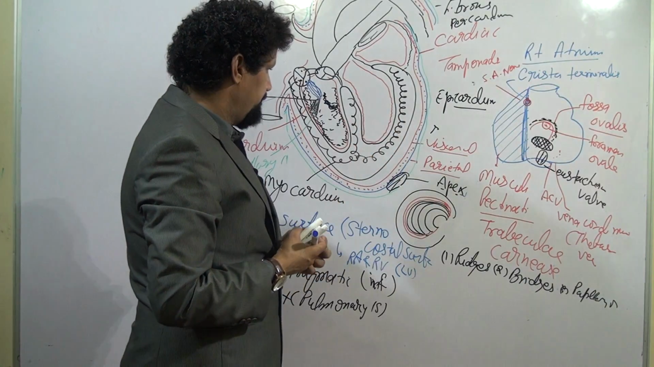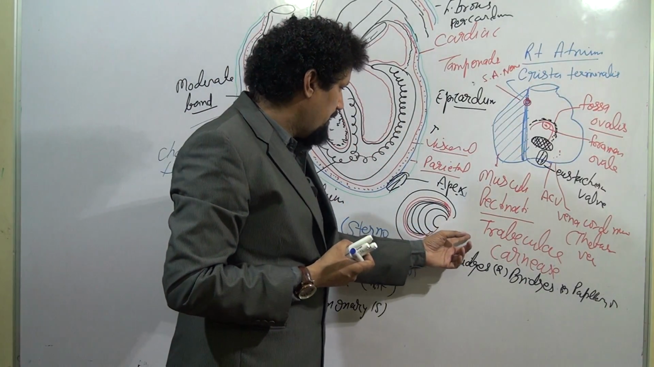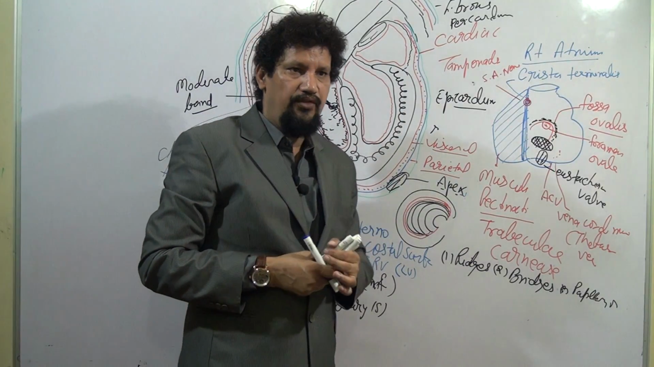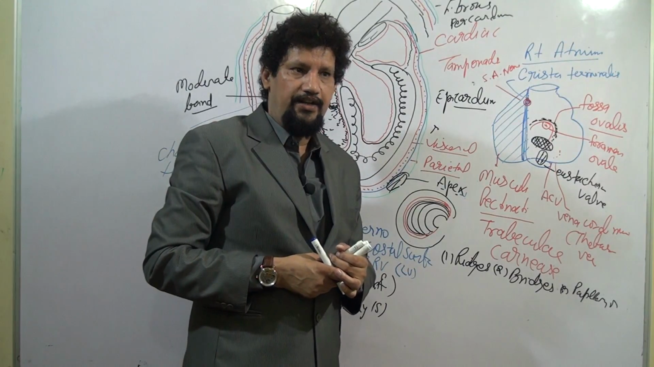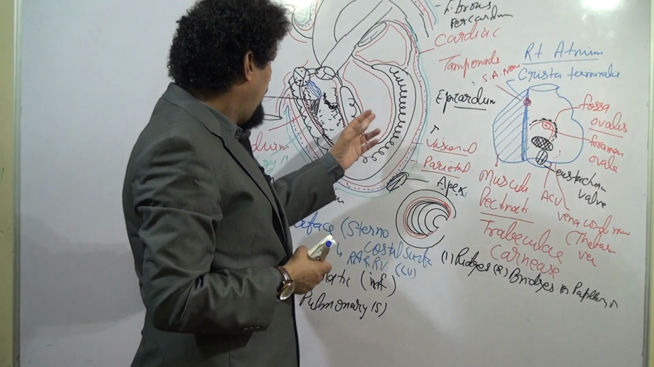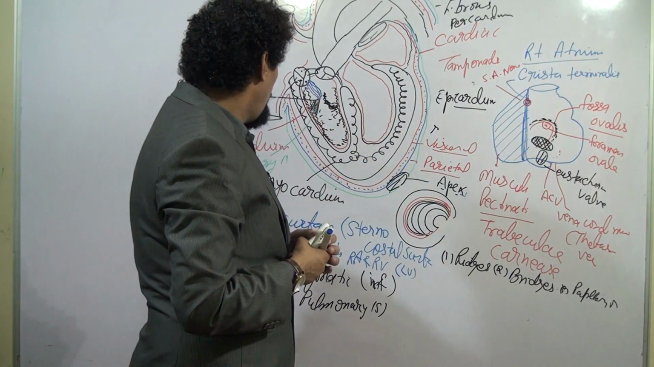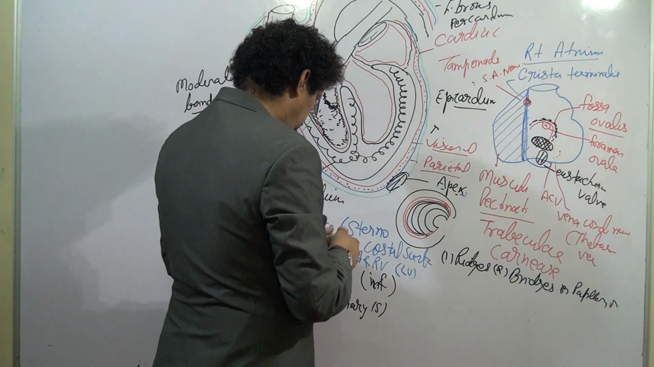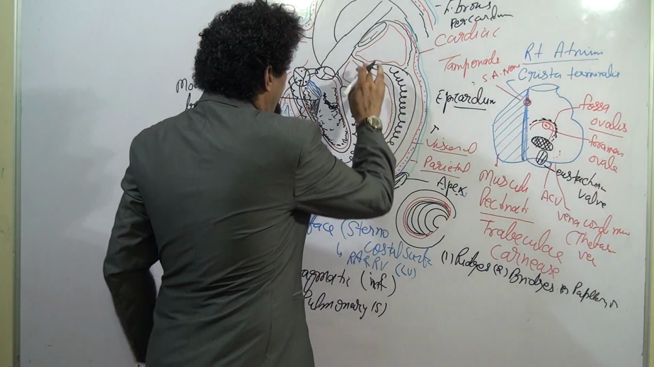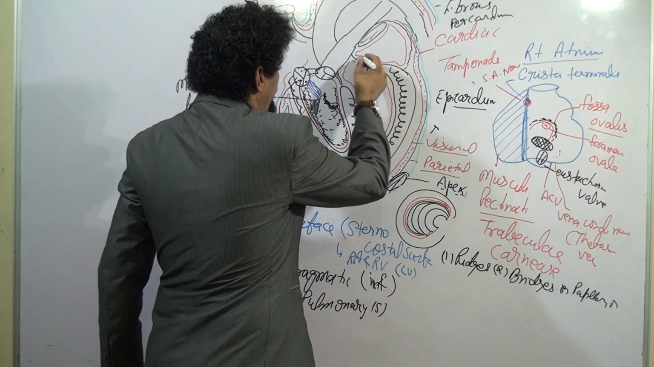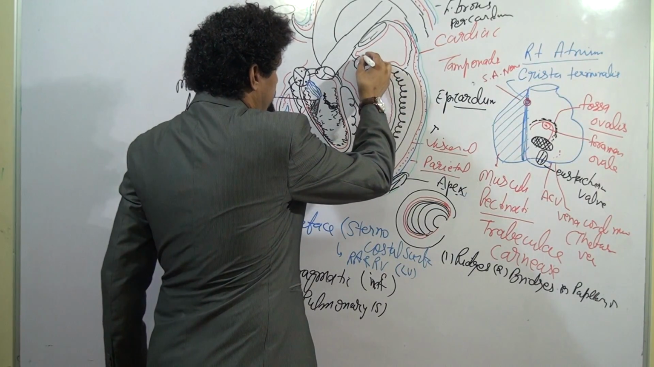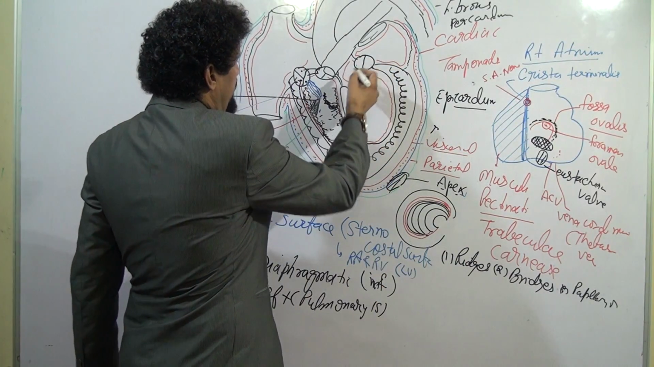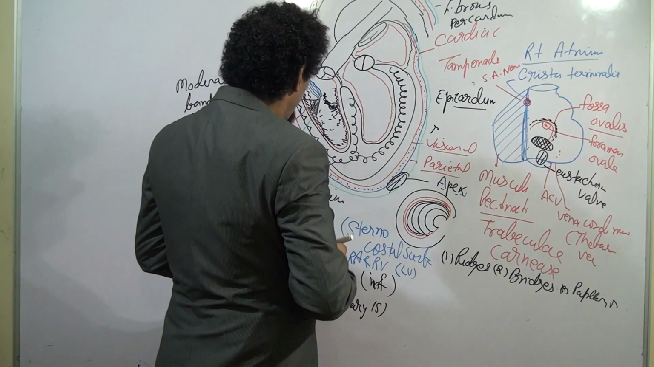The trabeculae carneae of the left ventricle are very fine in comparison to the right ventricle, and there are only two sets of papillary muscles, the anterior and the posterior, because the left atrioventricular orifice has only two cusps. So one is attached to the anterior and the other to the posterior,